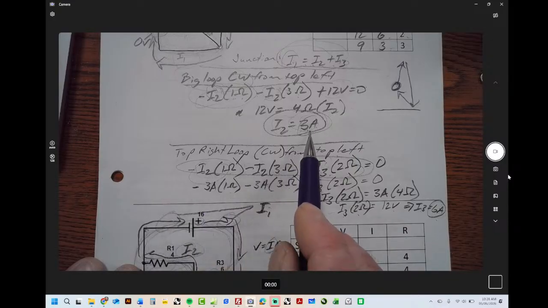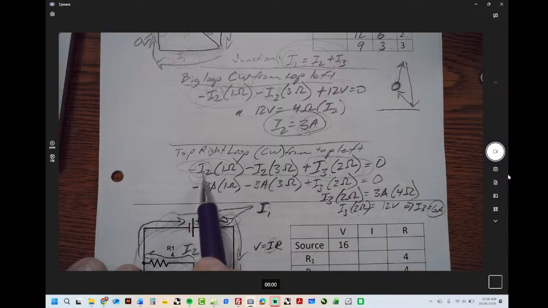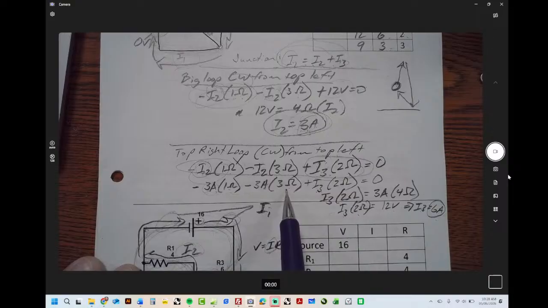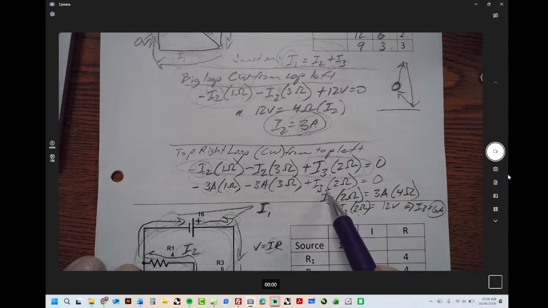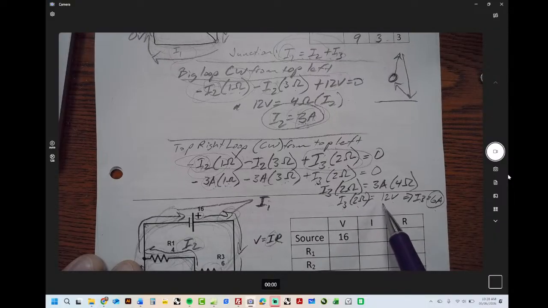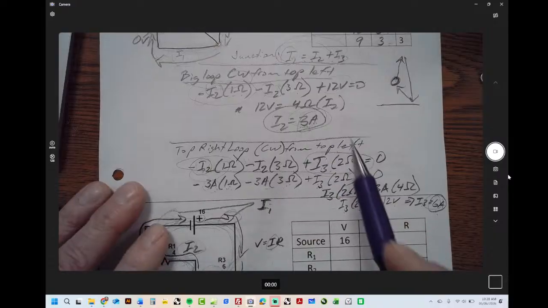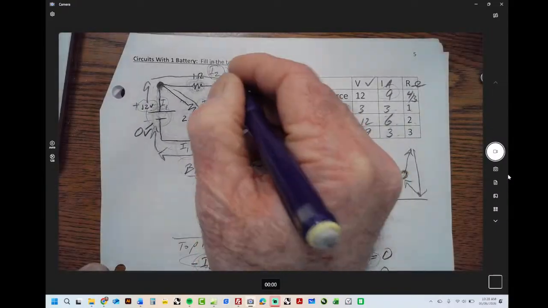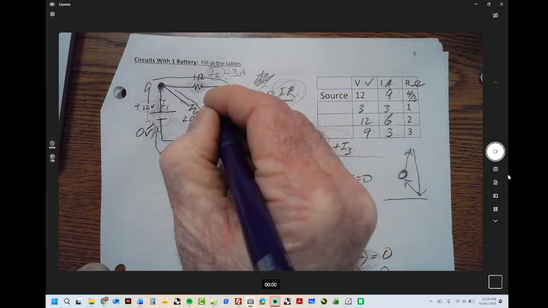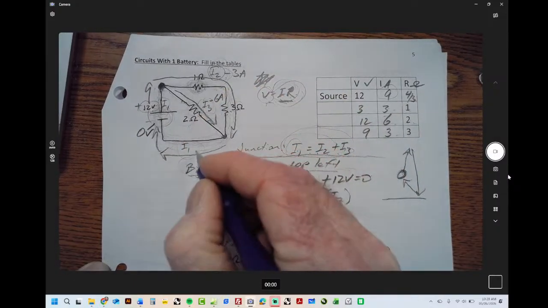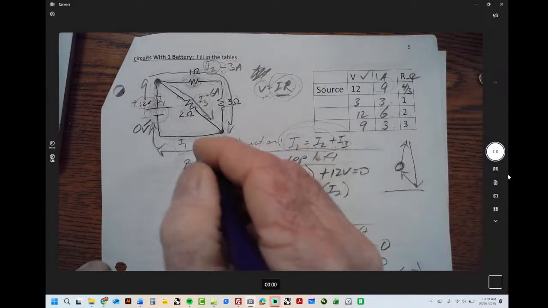I2, I already figured out I2. It was 3 amps. So I'm substituting 3 amps in for I2. That's why I have this here. So 3 amps times 1 ohm, 3 amps times 3 ohms, subtracting all that. And then this is just I3 times 2 ohms. This comes out to basically I3 equaling 6 amps. So I've got I3 is 6 amps, I2 is 3 amps, and they come together, like I2 plus I3 is I1, then I1's got to be 9